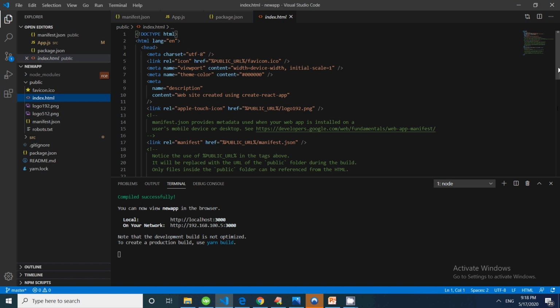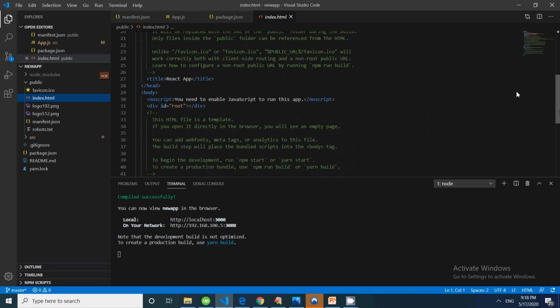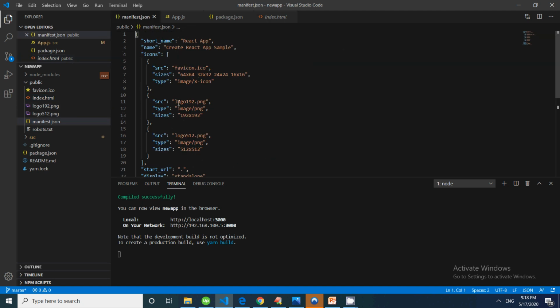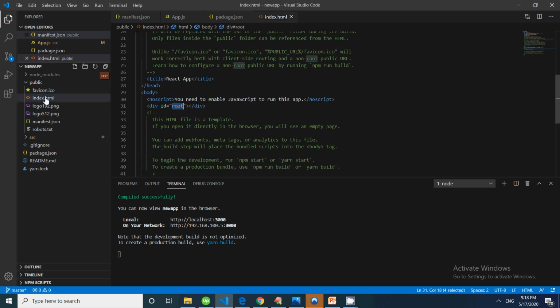It is the entry point and contains the root. In the public folder we also have the logo and the manifest.json file, which is used for progressive web applications, so for React.js it is not very important. But the index.html file is the first file that loads your React application in the browser.